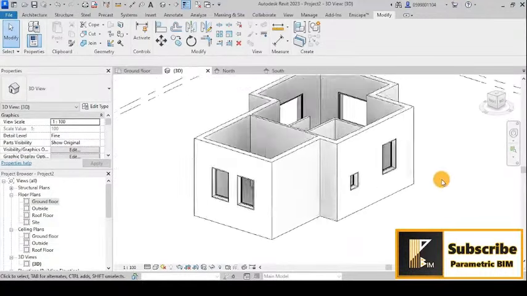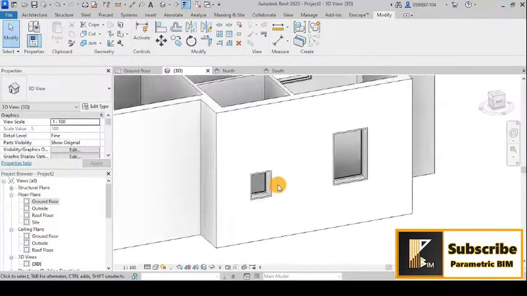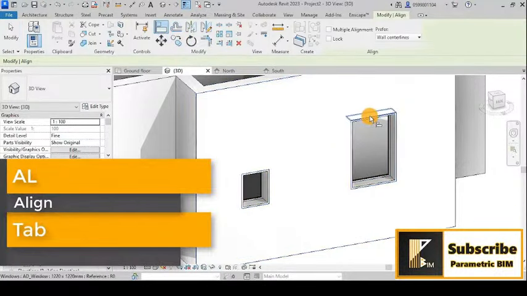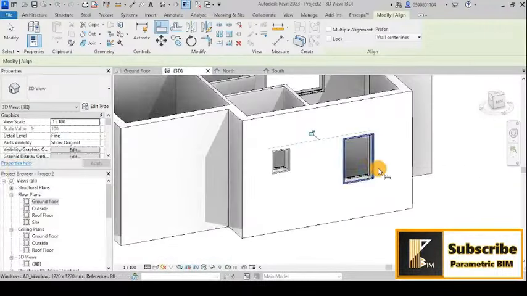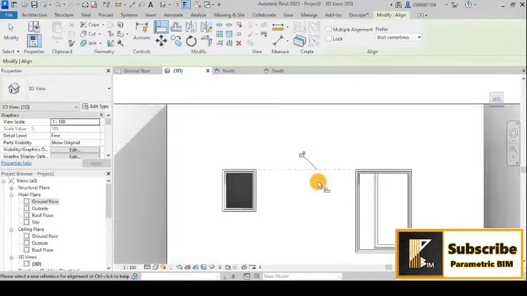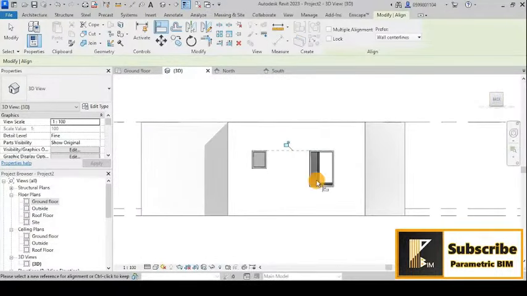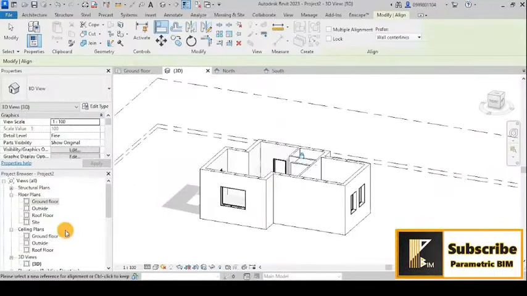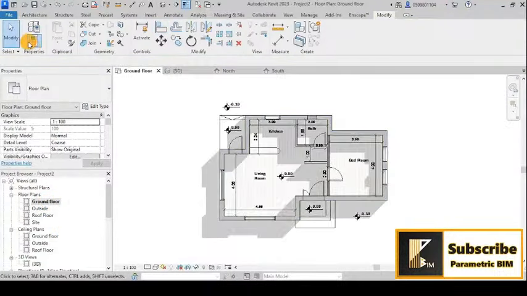walls, but let's say that we have to unify the top or the head of the windows here. So I will go to Align and also click Tab here to pick the top of this window and align the window of the bathroom to it. You have the opportunity to lock them together. So now we are done with the windows. Let's add the doors. So also with the same procedure, I will go with Architecture,